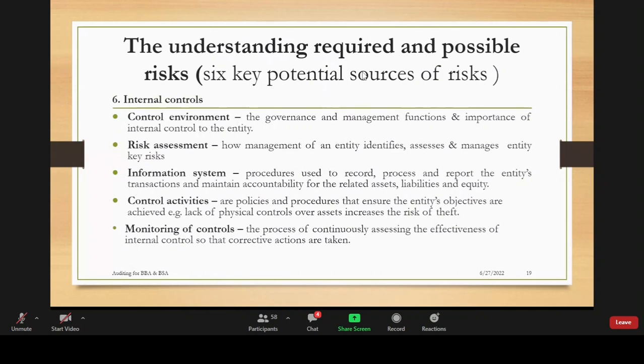Okay? Then the biggest source of risk is the internal controls. Poor internal controls are the result of the failures of companies that you hear about. Companies like the Enrons, the internal controls were not working. So when they were not working, they realized that they could also bribe the auditor. They bribed the auditor. The auditor decided to keep quiet, you know.